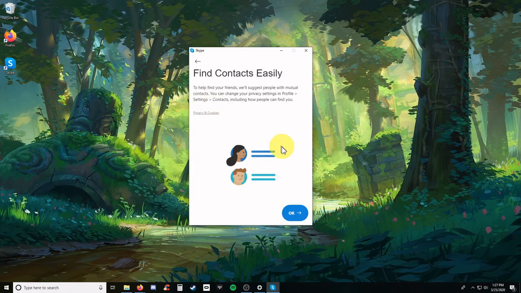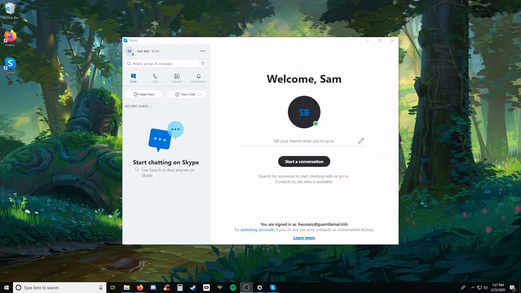All right. And at any point there is a button up here on the right that you can use to skip. Okay, so now that we're here in the Skype software,